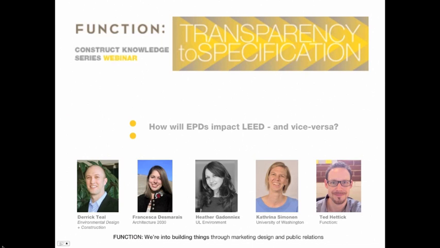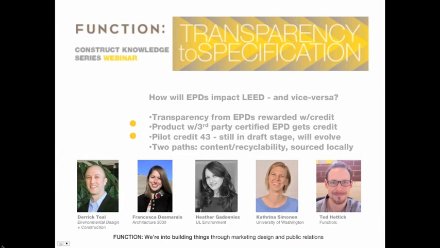That credit also has two different alternative assessment routes. One is looking at recycled content and recyclability of products, and the second is looking at, I think, local and regional aspects of product production. So we're definitely seeing an evolution of the LEED rating system to include more information about material disclosure, material transparency, and disclosure of items such as carbon footprint through the use of EPDs. This is not only happening here, but also globally. So right now we're looking at different green building councils throughout the world, USGBC India, USGBC Italia. They're also looking at incorporating EPDs based upon what USGBC National has done here.